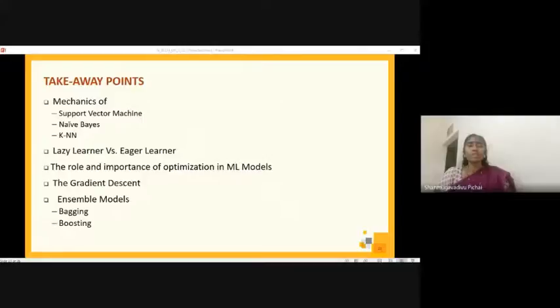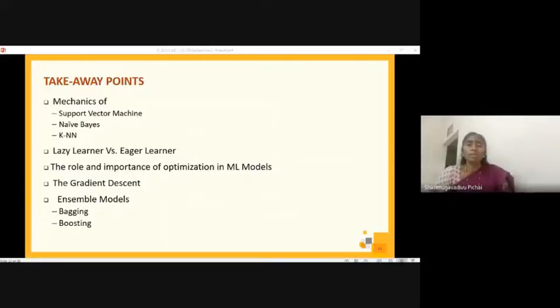Now you must have understood that bagging and boosting will help us to stabilize the lazy learners, as well as make the eager learner a little slow in the process of learning. In the sense that if it is a lazy learner, we must try to boost the process of learning. That may lead to a better kind of learning process. Ultimately, bagging and boosting is used to strike a balance between lazy learning and eager learning. At the same time, you can promote the lazy learners to be eager learners, and then bring in a kind of stability in the process of problem solving with respect to these models.